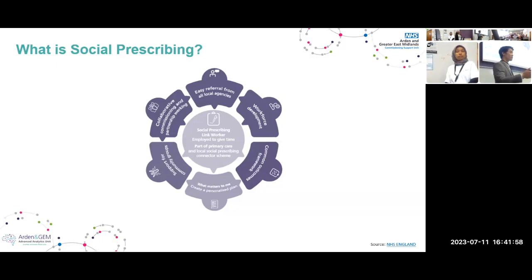In terms of social prescribing from a national perspective, it is on the nation's mind. NHS England in 2020 actually recruited nearly 1,000 new social prescribing link workers. And by the end of this financial year, you will see at least 2.5 million people who have accessed social prescribing in some way, shape, or form. So I don't think you need to be that great at statistics to know that it's a trend that will be growing, considering we cannot keep on this trajectory in dealing with long-term health conditions using medications alone.